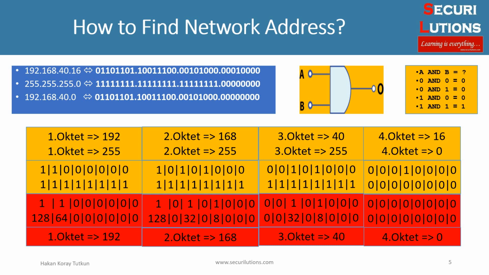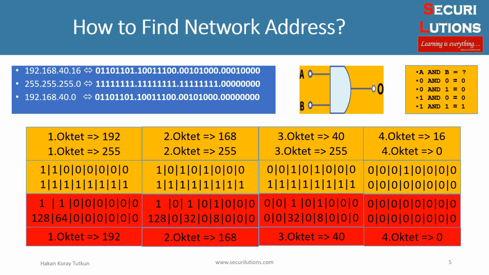is equal to 168. For calculating the third octet of the network address, 0 and 1 is 0, 0 and 1 is 0, 1 and 1 is 1, 0 and 1 is 0, 1 and 1 is 1, 0 and 1 is 0, 0 and 1 is 0, 0 and 1 is 0. To find the decimal equivalent, 0 plus 0 plus 32 plus 0 plus 8 plus 0 plus 0 plus 0 is equal to 40. For calculating the fourth octet of the network address, now we have